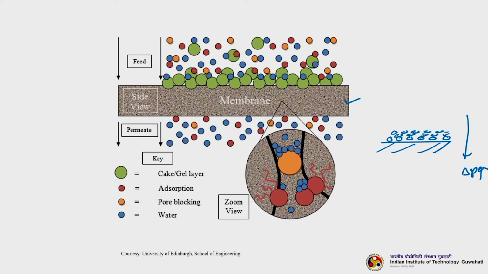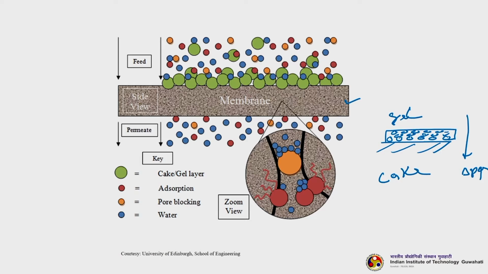Now, a time will come at a certain pressure, what will happen? These depositions will form a gel layer structure. So, we can call it gel, or many people call it cake, so it is fine. Anything you can call, it does not matter. It is very soft, that is why it is called gel. In many books it is written cake. So, gel or cake, whatever may be the case.